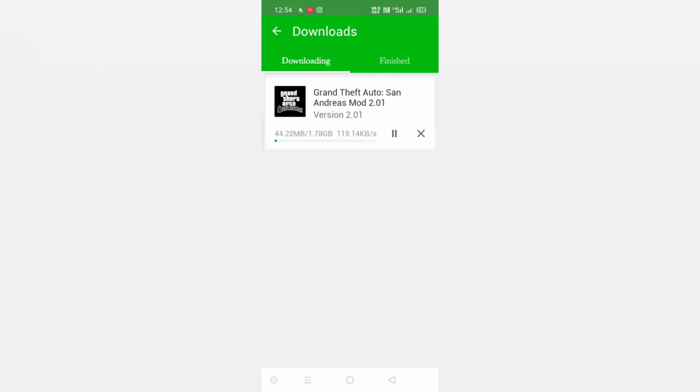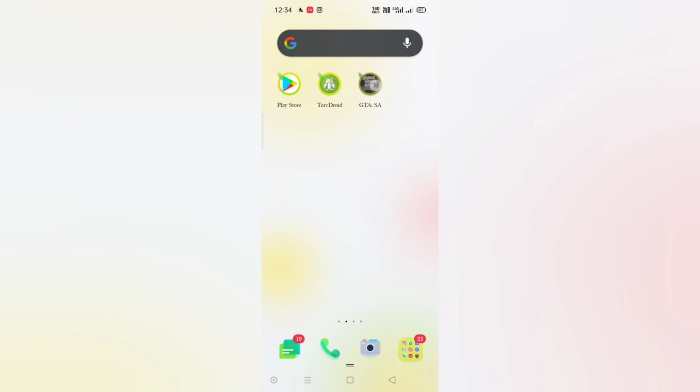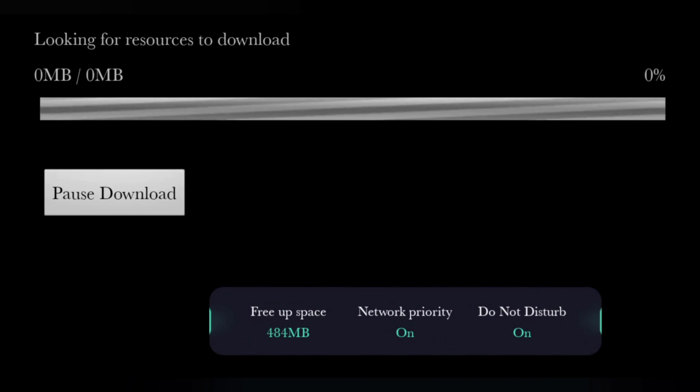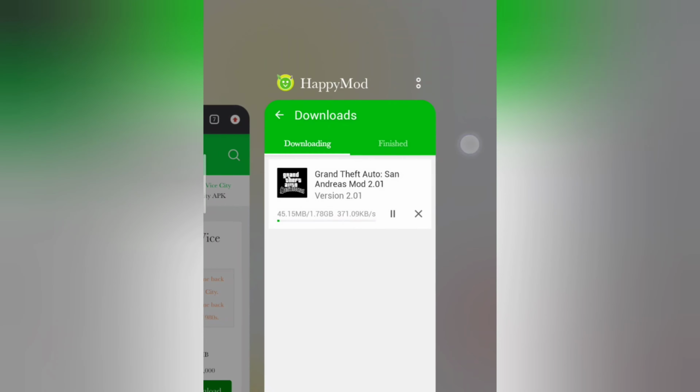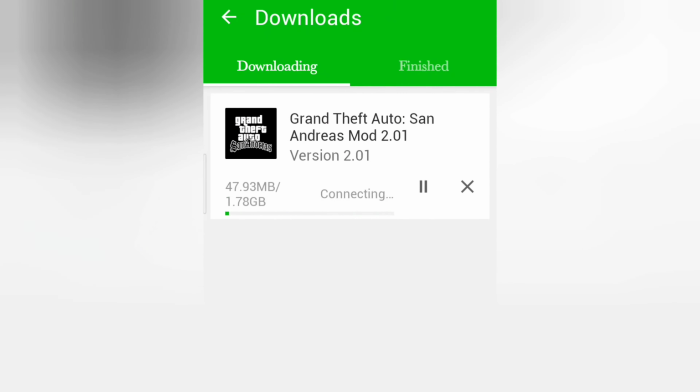But if you download the application from Chrome, you will face a problem, which I'll show you. Open the San Andreas which you have downloaded just now. You will get this kind of problem, and trust me, this won't download. That's why you have to install the mod application. It will extract automatically, you don't have to do anything. So slide, remember to slide that one.